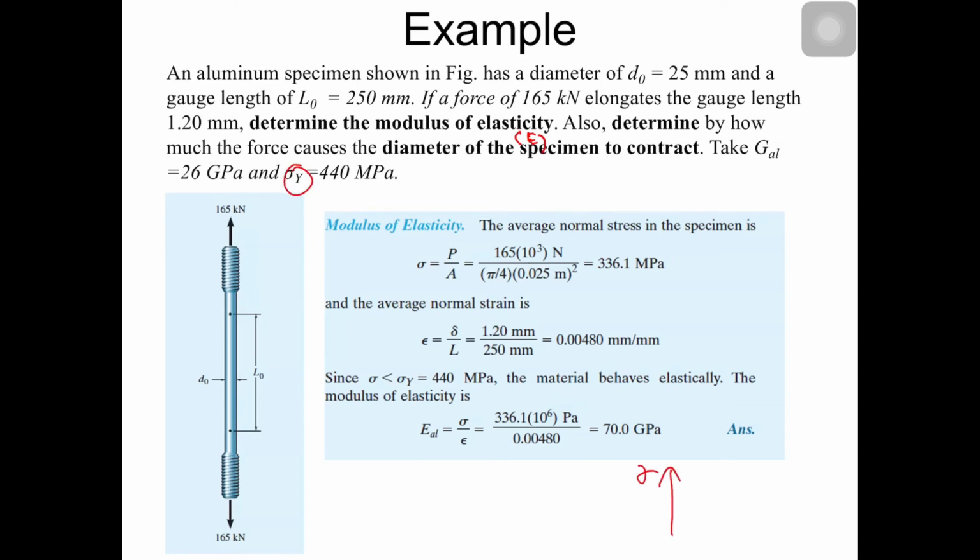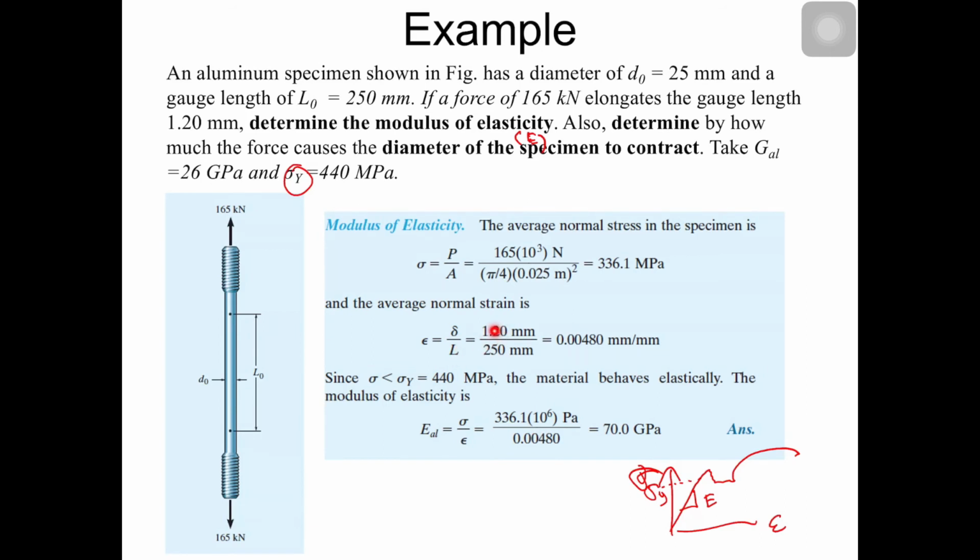Where is sigma yield? If we draw the sigma over strain diagram and we have a graph like this, sigma yield is around the end of the straight line here, and this one is your E, the modulus of elasticity. For the modulus of elasticity, first the average normal stress. Sigma is force over A, 165 over area. For the area you get 336, and the strain is elongation over